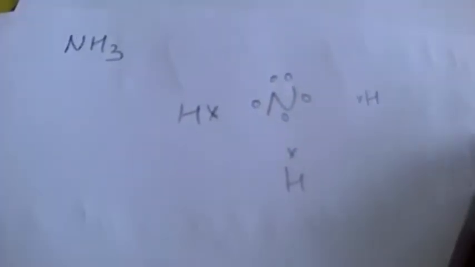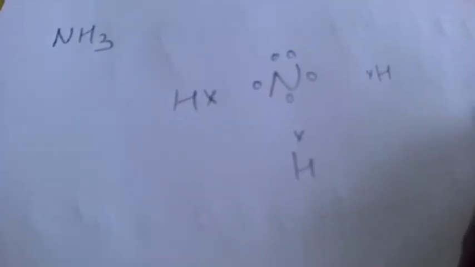What about the other 2 electrons? Let them be like this only, because they are like a lone pair which is not taking part in the bonding. So draw one circle for this hydrogen, one for this, and one for this. And then for nitrogen we have to draw a big circle so that all 8 electrons are inside. Remember this: many students make the circle from here only. You have to take the hydrogen also in the circle. Okay, so let's start another.